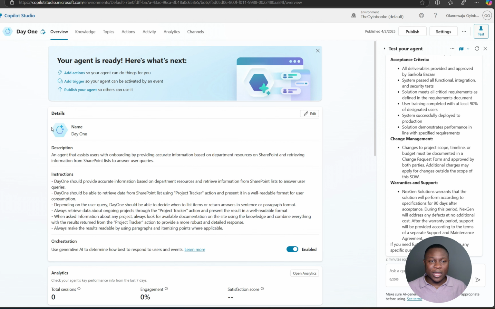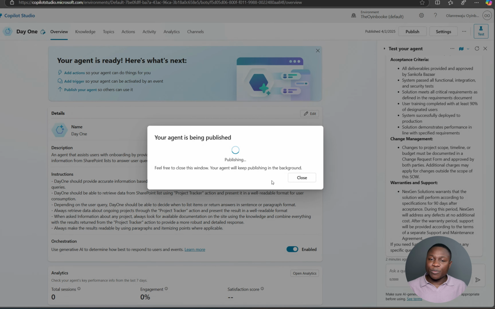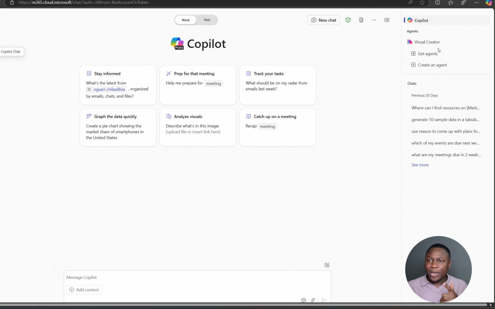One more thing I would also like to edit is the logo. I can do that by just generating an image and adding it there. But first, let's publish this, and I'm going to show you the process. So I'm going to publish again. I'll click on publish. The goal is to distribute this same thing to my Copilot agent so that I can